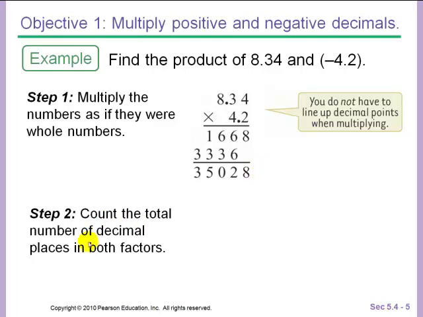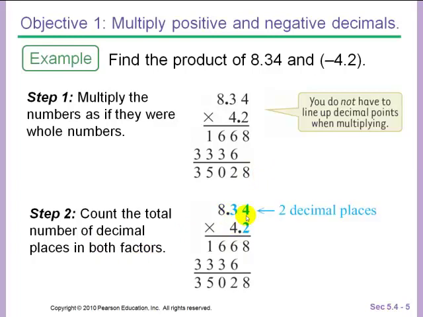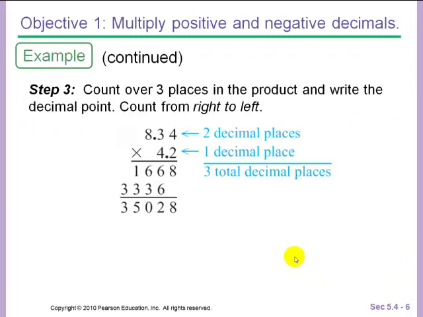Step 2 is to count the total number of decimal places in both factors. The top factor has 2 decimal places and the bottom factor has 1 decimal place for a total of 3 decimal places. So here was our problem. We multiplied like they were whole numbers. We have 2 decimal places from one factor, 1 decimal place from the other for a total of 3 decimal places. We're going to count from the right going to the left. 1, 2, 3 places. And so our decimal is here,